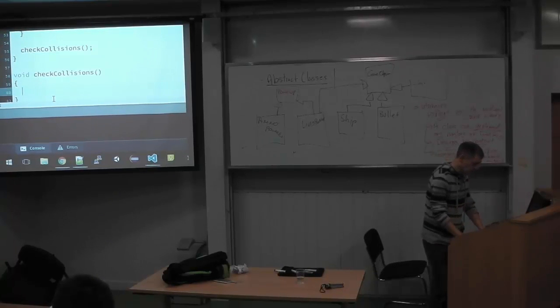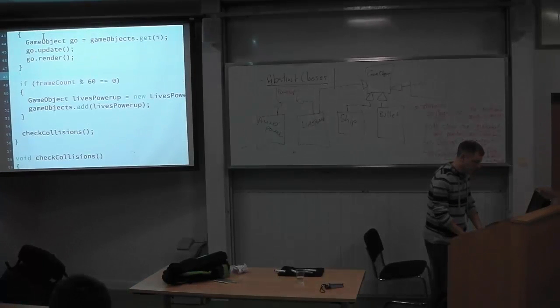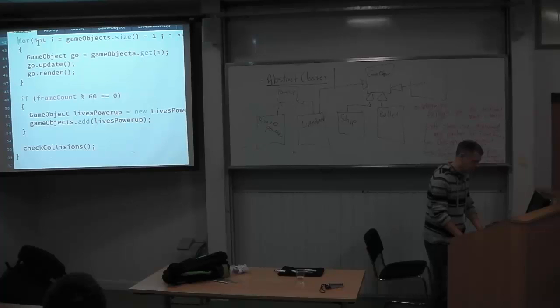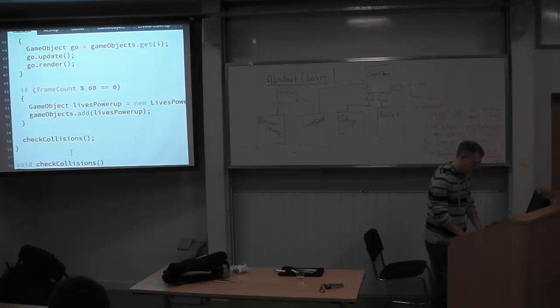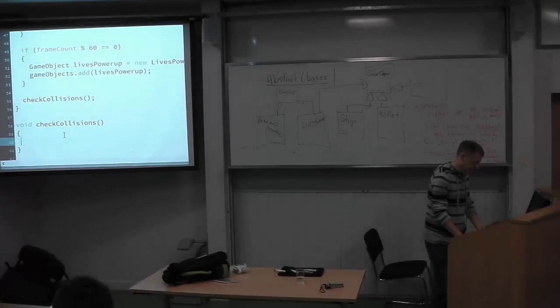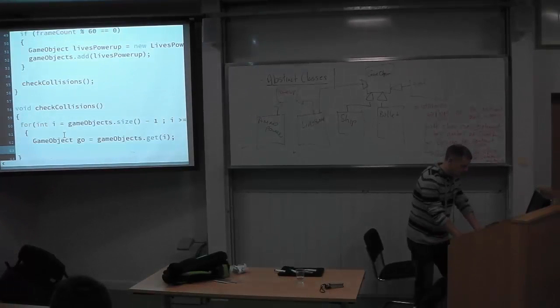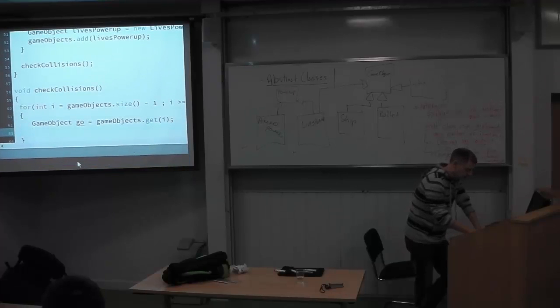First of all, let's go through every game object. So we have this code up here to go through every game object. Let's take this code here again and bring it down into the check collisions method here, right? So there's the game object. In fact, even though it's a longer way of doing it, we'll hopefully learn something else as well in the process, right? If game object instance of ship